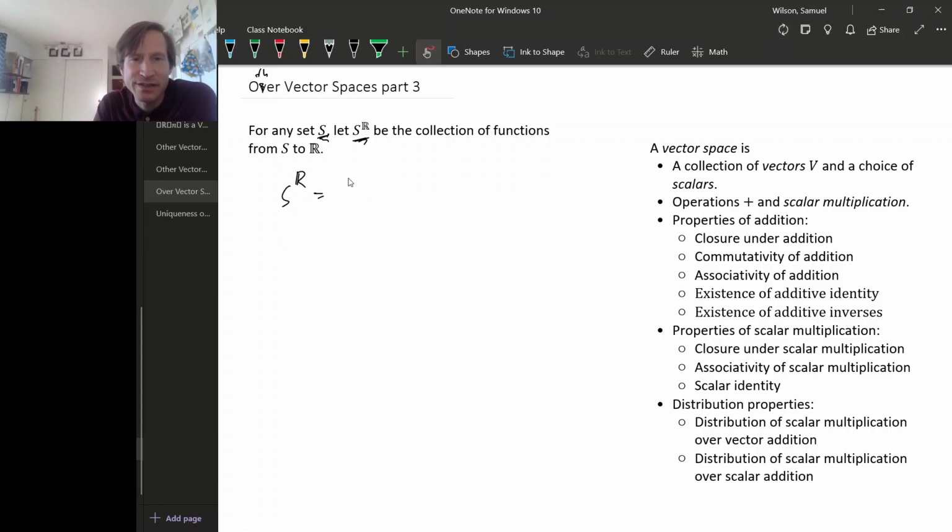So this is the collection of functions whose domain is S and whose range is R. So this is a set. The reason we might expect this to form a vector space is because we can define the sum of two functions